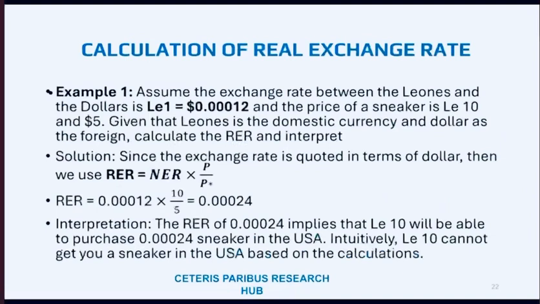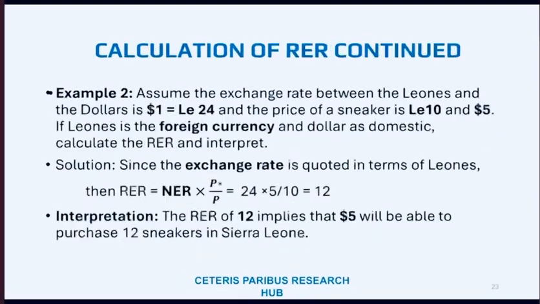But for simplicity, we will still assume the leone is P and the dollar is P star. Since the exchange rate is now quoted in terms of the leone, the nominal exchange rate is quoted in terms of the leone. So in the denominator of the price ratio, instead of P star, we will now have P. So if you plug in the